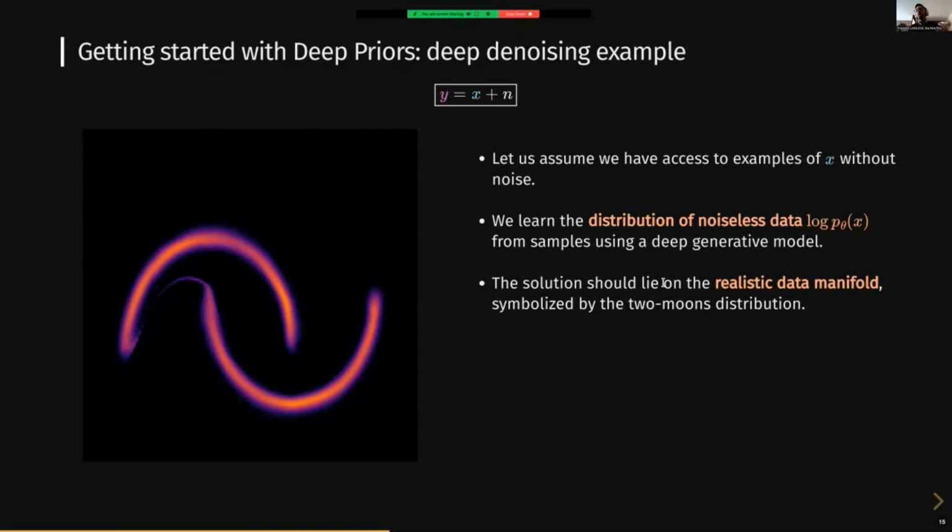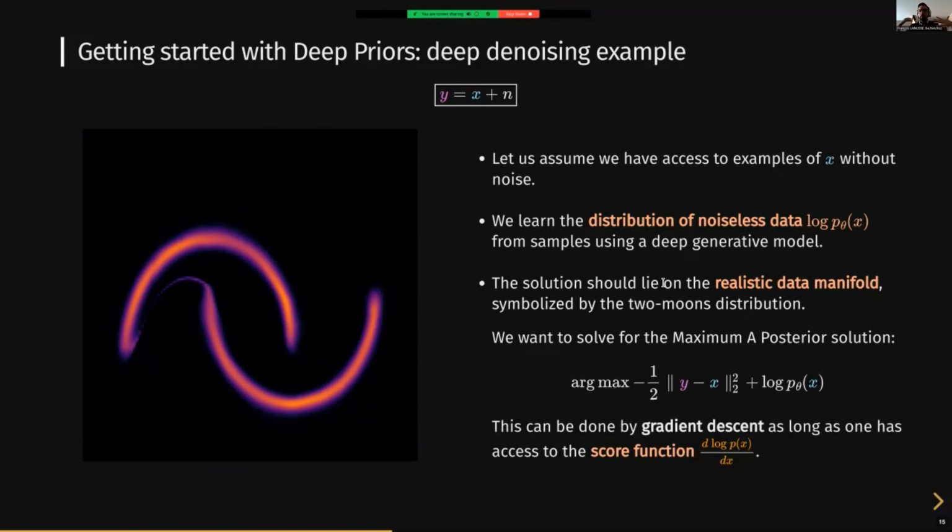And so that's exactly what you can do with an algorithm like the maximum a posteriori algorithm that I told you about, which is going to try to find the most likely solution to my problem by trying to move the solution back to the manifold by maximizing those two terms, or the combination of those two terms. This one, which wants the solutions to be close to the data that is observed, and this one, which wants the solutions to be likely under the prior that I've learned with my generative model.